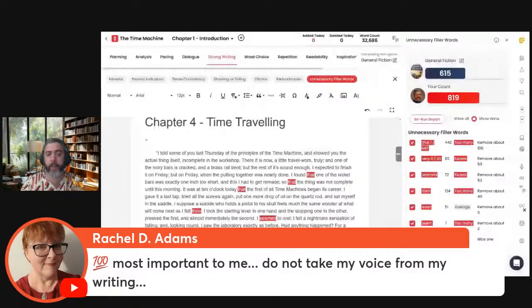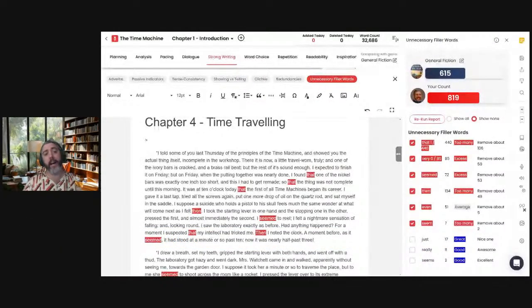Yes, do not take away your voice from your writing. That is not what we want to do. It's all up to you, right? You might decide that your perfect benchmark is in the 84, 85 range. Where it starts to be more of a steep climb for authors is when you're in the 70s or even the 60s, particularly if you're trying to attract a certain demographic.